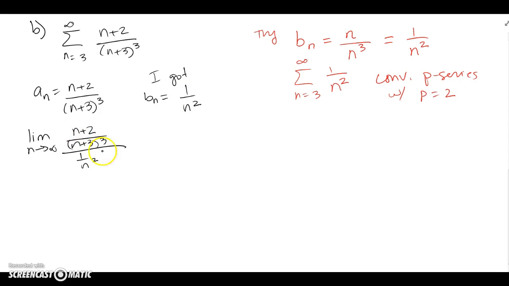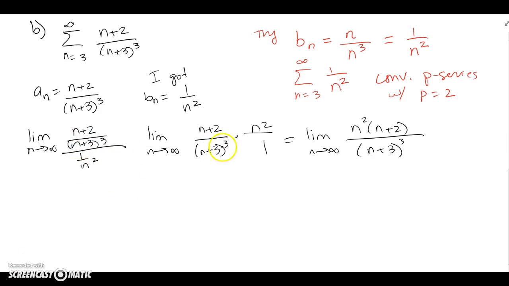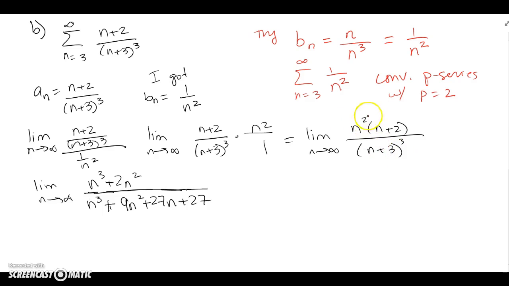Okay, limit of an over bn, and then I got to do some algebra. So multiply by the reciprocal, put them together, and this is pretty much where I'm at right now analyzing the limit. So once I multiply everything out, distribute the n squared, and multiply out n plus 3 cubed,